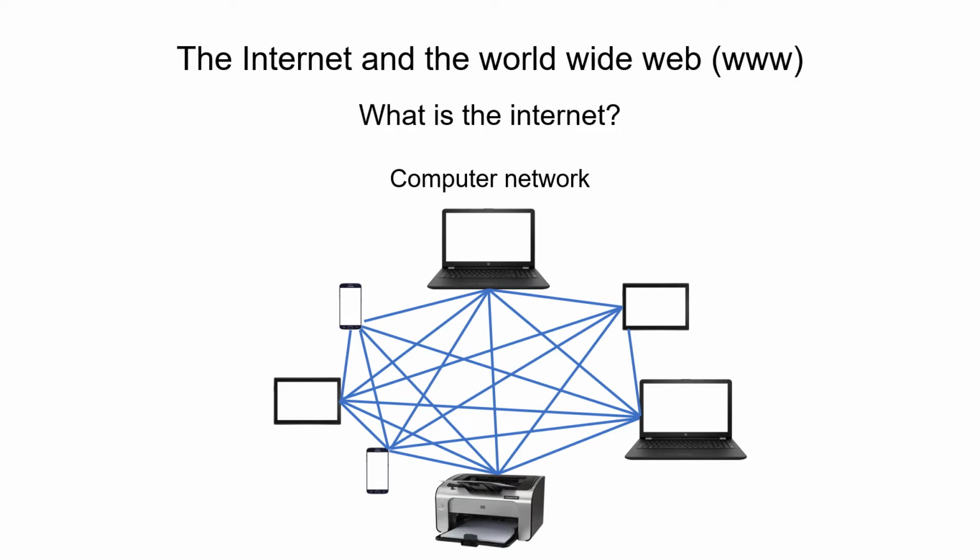Now, the connections could be through either cables or it could be through wireless means such as Wi-Fi. You've probably seen a computer network at work or at play when you are, for instance, at the workplace or at school or university, and there are certain things that you are able to access only when you are there, but the moment that you leave, then you are no longer able to access them. The reason for that is because when you're at school or at the workplace, you're connected to the local or private network there. And the moment that you leave, your computer or whatever device, whether it be a phone, is no longer connected